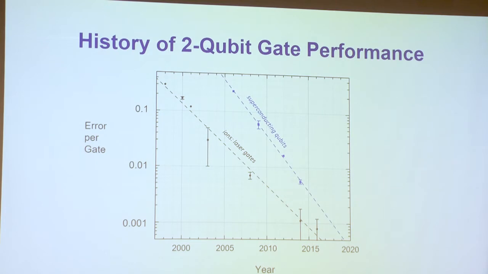And having no crosstalk, by definition, in these experiments makes these numbers quite optimistic. So we have a big challenge in the field to not only maintain this high performance of gates, but also in the face of scaling the system up. When you scale a system up, you're usually going to take a hit in this fidelity. So you have to keep that in mind.